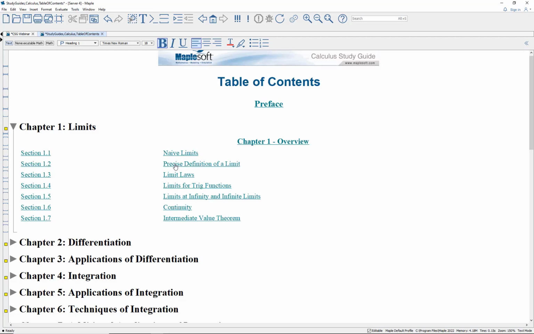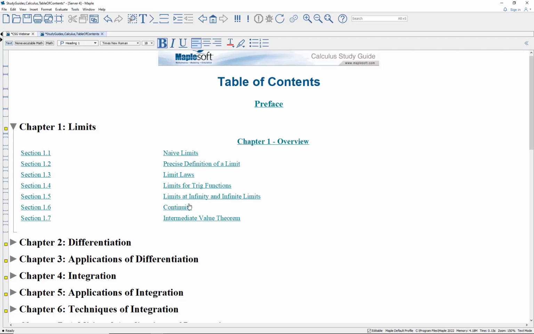I think if you jump into a precise epsilon delta definition of a limit, 99.9% of the students sitting in a calculus class who are not going to be math majors are just blown away by this notion of the precise definition of a limit. And I always just save that to the end of the course. But at any rate, naive limits to begin with, limit laws, then you do the trig functions, then limits at